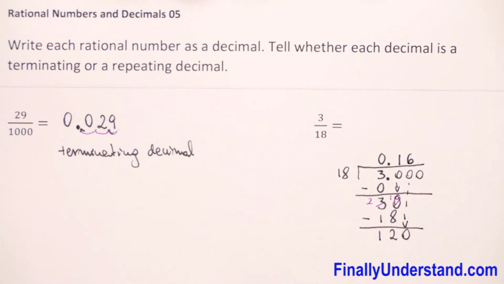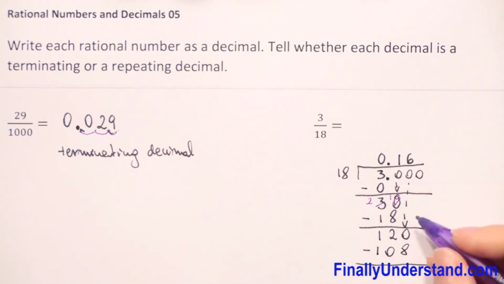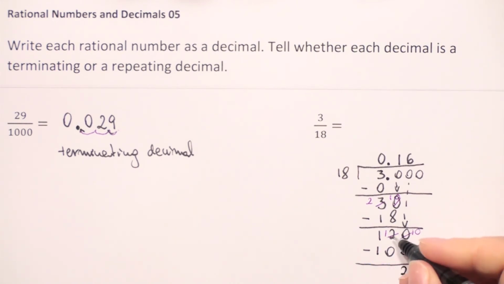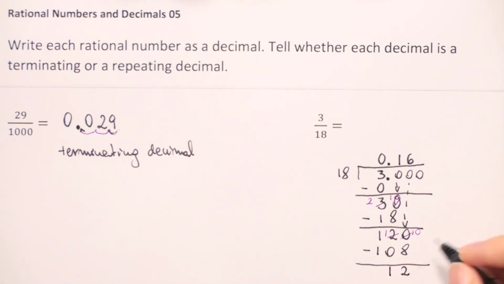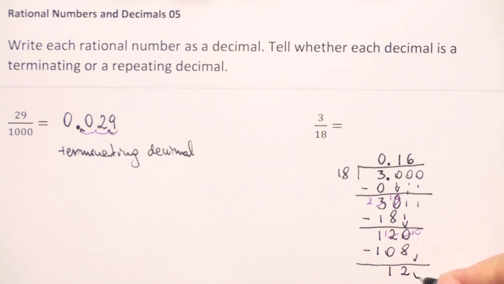6 times 18 is 108. Now again we have to do subtraction, so we borrow 1 from 2, so it will be 1. And at the end we will have 10. 10 minus 8 is 2. 1 minus 0 is 1. Again we got 12, so we take down 0. Again we got 120 divided by